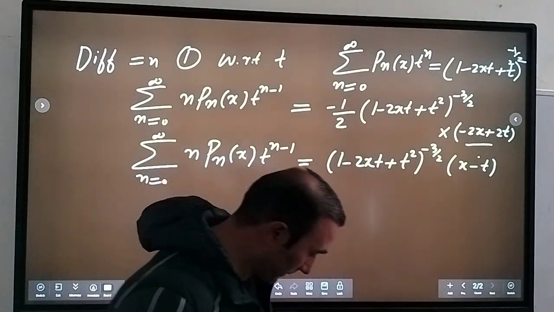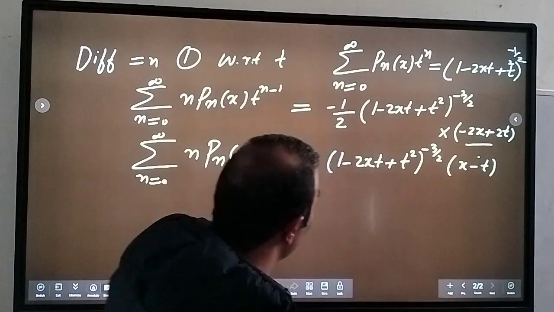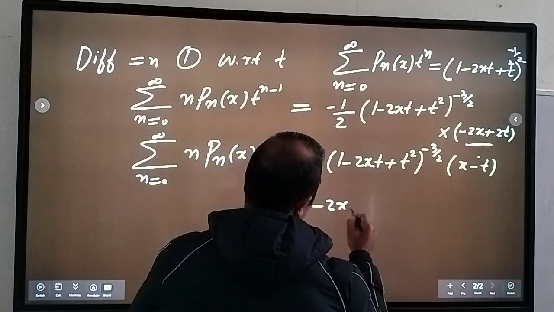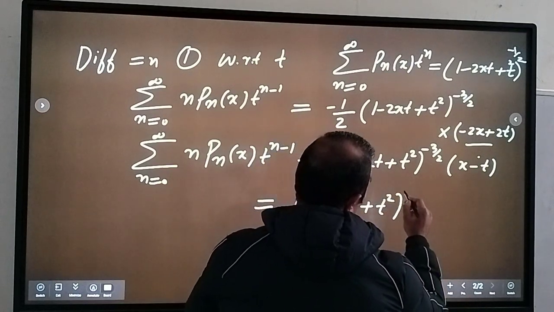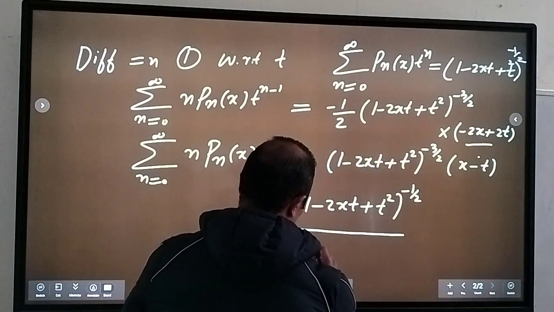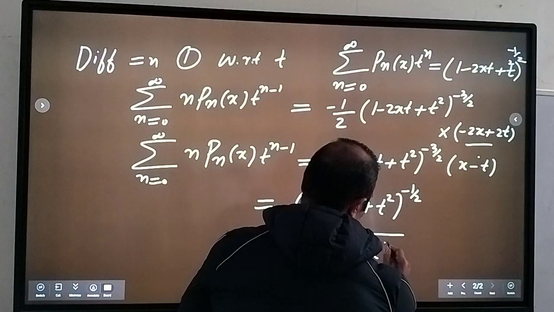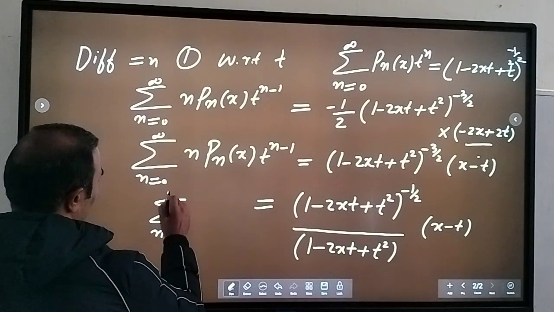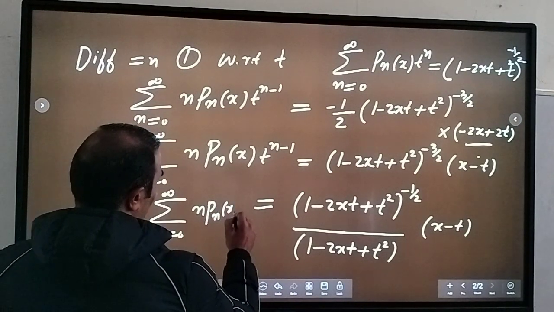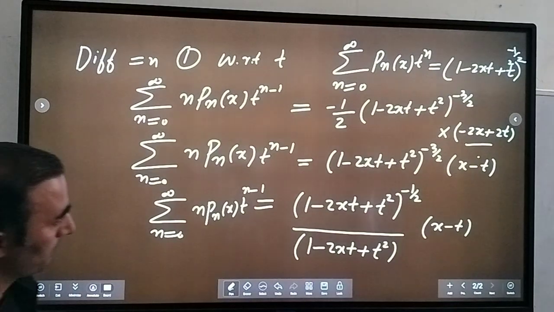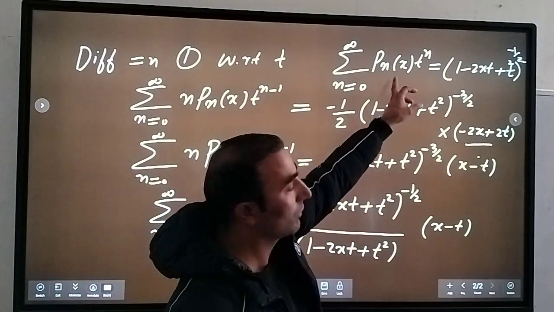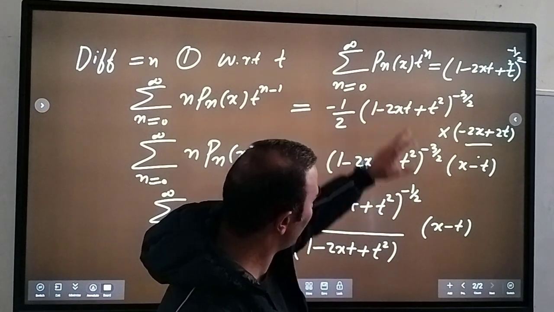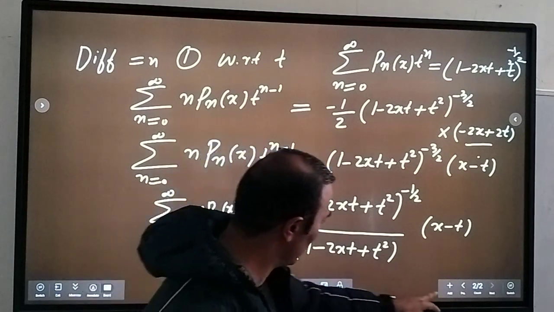Okay. So you write here, so this will be x minus t here. So this will be equal to, okay, so you can write this as, that will be equal to, because this is equal to Pn of x t raised to n. So instead of this you write the summation, n starts from 0 to infinity, Pn of x t raised to n. So in the numerator you write this term, and this will be x minus t, and this you will take on the right hand side. So that means I can write this as,